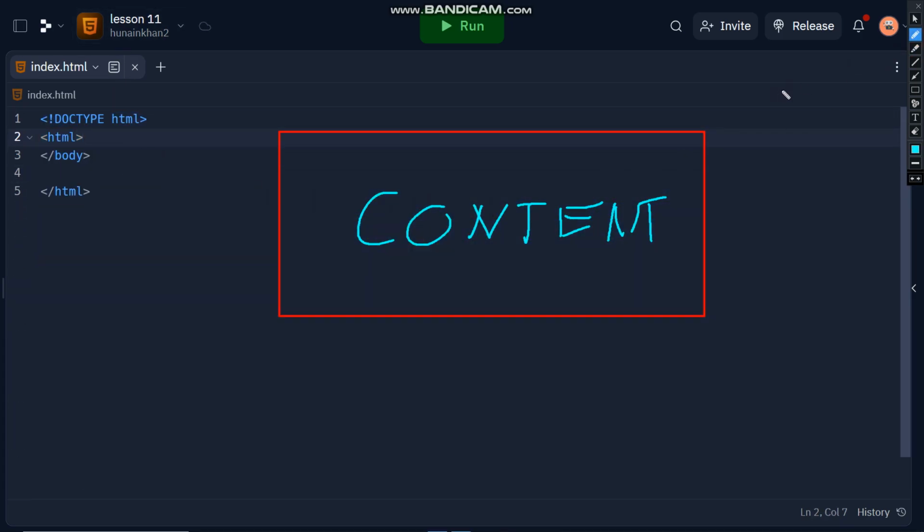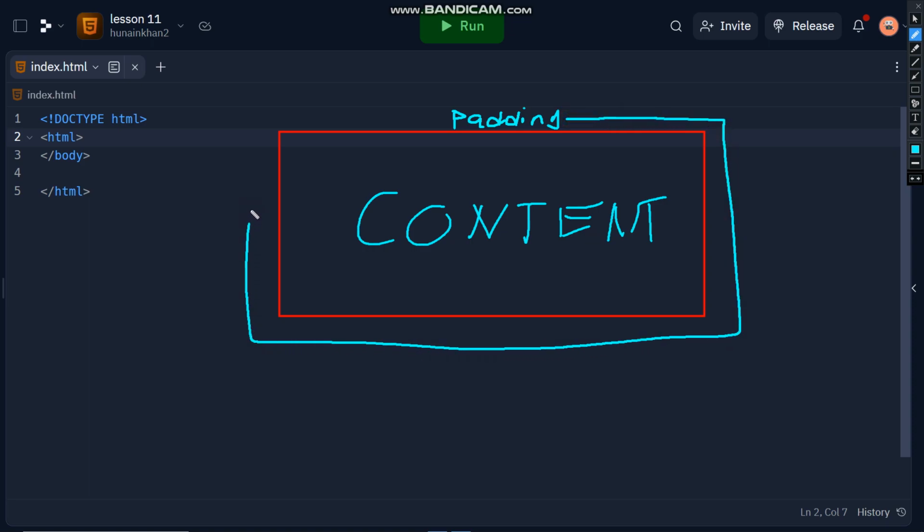So outside this content, we will have the padding, which will then go around this. And then we have the border, which is the second layer of the